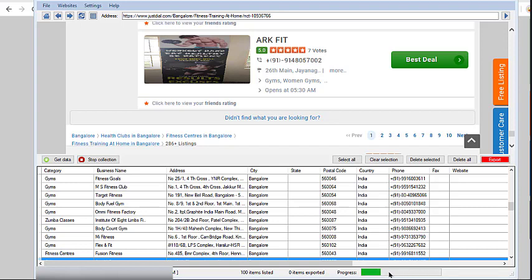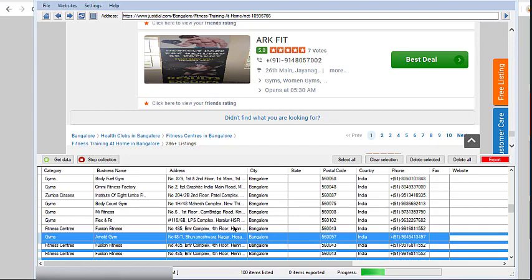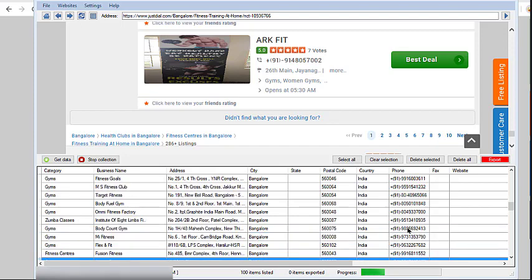See here, it's taking some time. You can see all the phone numbers are extracted here. That's what is needed. And you can see 100 items have been listed. The data has been extracted from all of these 100 items.